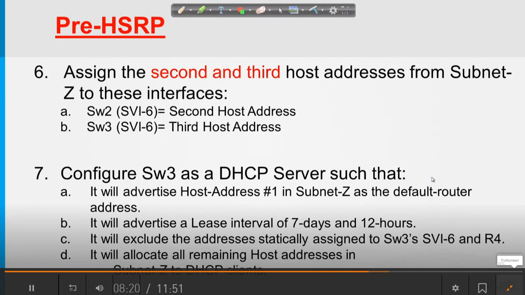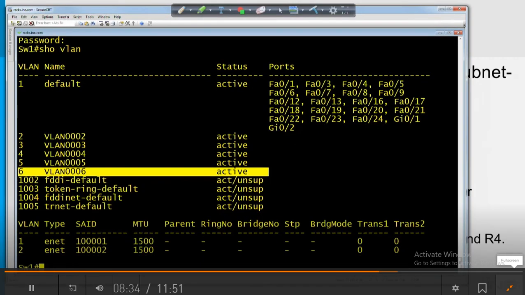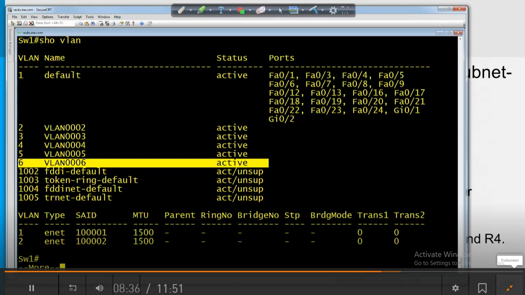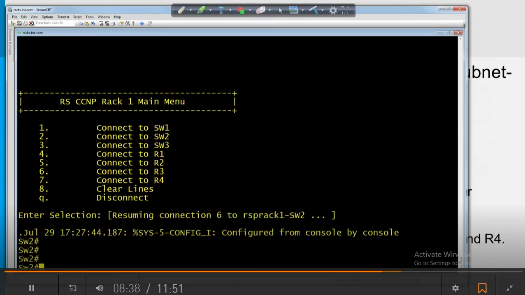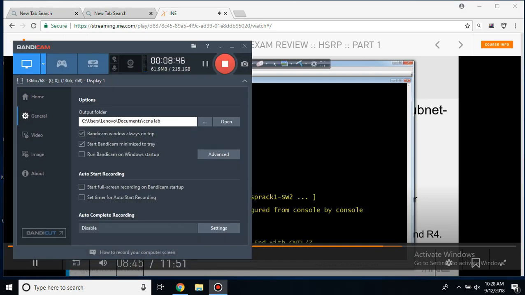Assign the second and third host addresses from subnet Z to these interfaces. All right, so I'll go ahead and do that. So let's see here, let's go on to switch 2. Interface VLAN 6, IP address